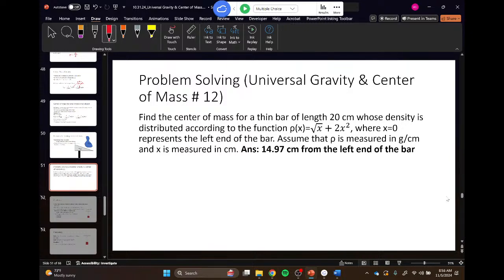Nobody answered that. And then what are the bounds that we integrate? Where am I integrating from? I need to integrate across the entire bar. There you go. In this case,